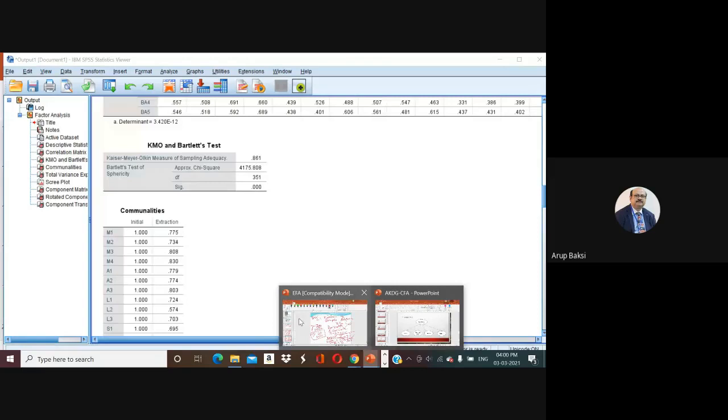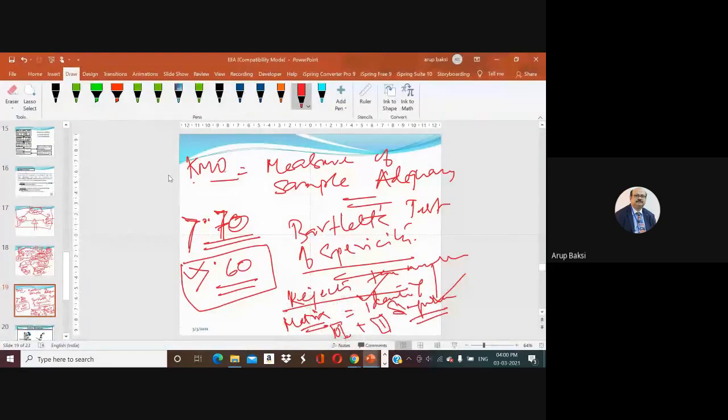The significance level is the p-value less than 0.05. So we can reject the null hypothesis, which assumes that the data is either an identity matrix or a singular matrix with extreme value of correlation. If we are rejecting the null hypothesis, then we are accepting the alternative hypothesis that the data is fit to conduct